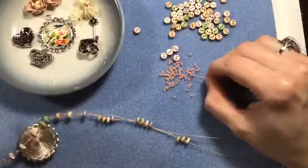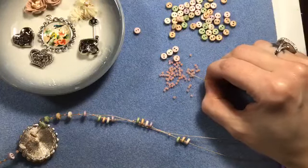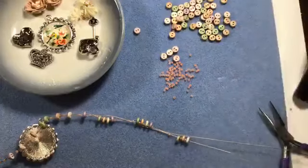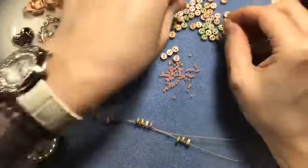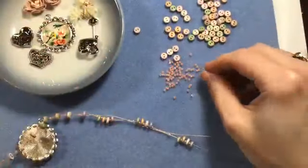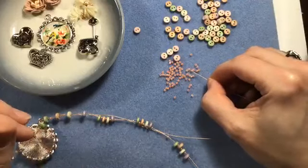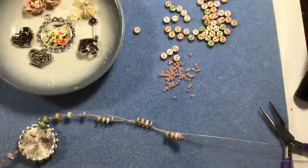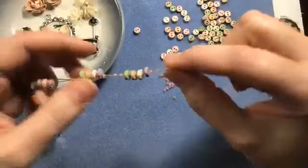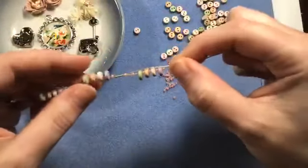the mini buttons this way. I just love, in general, using any button this way, turning a button into a bead, right? That is just so unexpected, and it really makes unique pieces of jewelry that you're definitely not going to see anywhere else. All right, so there is our pattern, one strand with our little buttons and our seed beads,